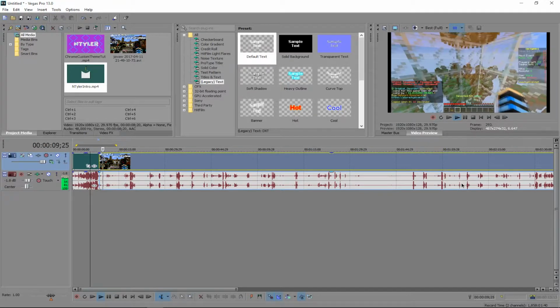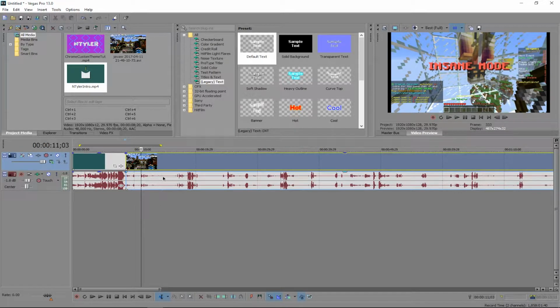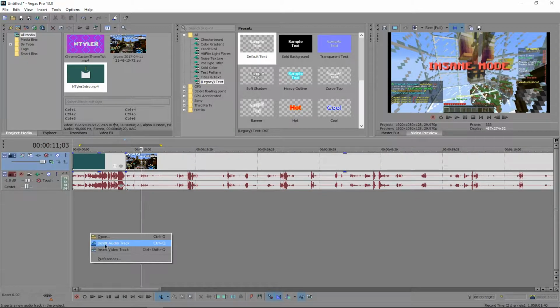Okay, so see that? Now there's actually a thing you want to do. If you want to make a speed video like me and get rid of the sound right here, you cannot have the clip on the same layer as your intro, because if you want the intro sound, you have to make a new layer. So to make a new layer, you can manually do it by right-clicking, click Insert Audio